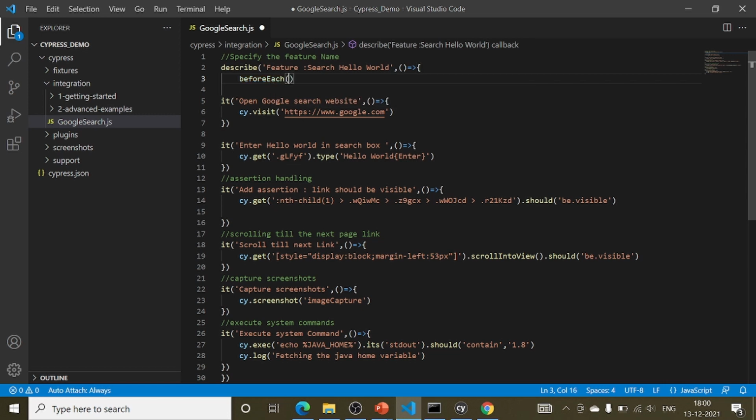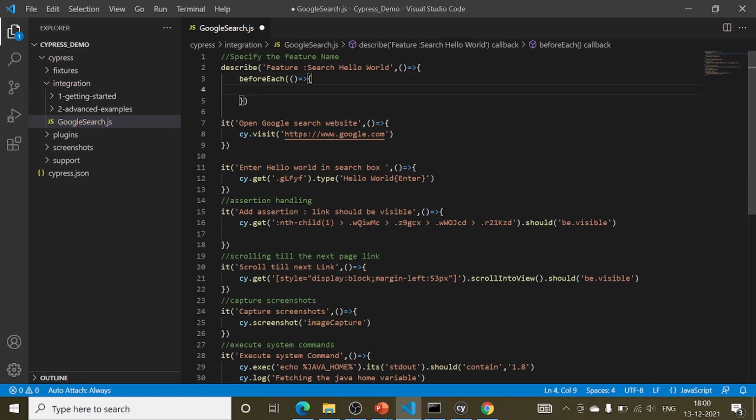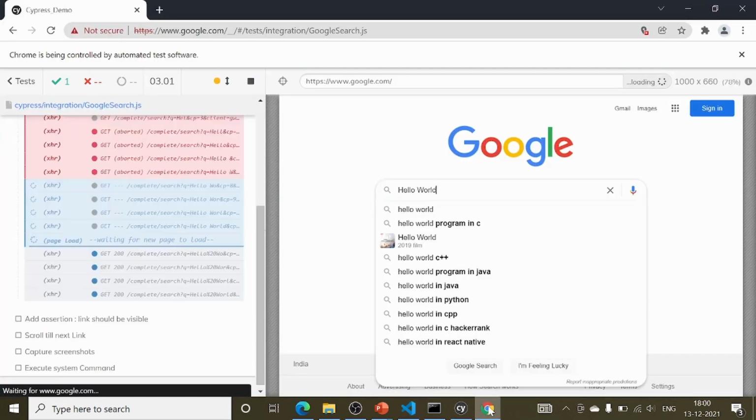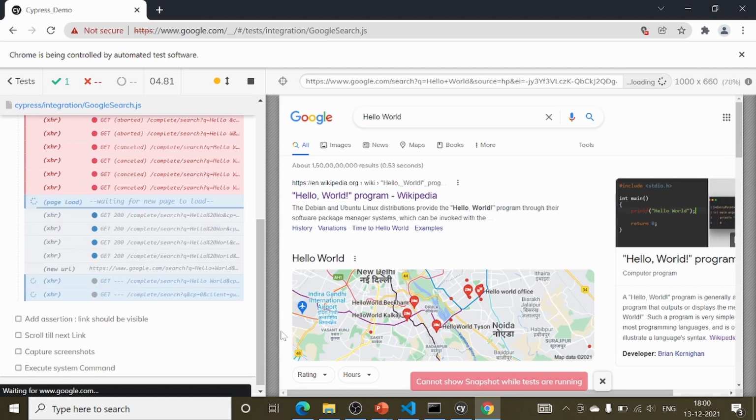Let us assume that I want to print a log before each test. Log is test execution started. Now let the script execute.